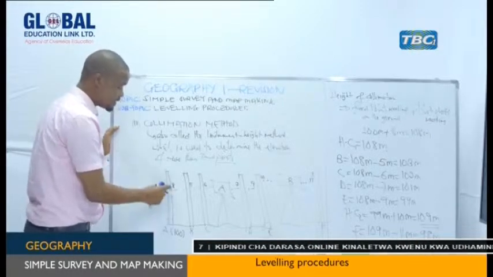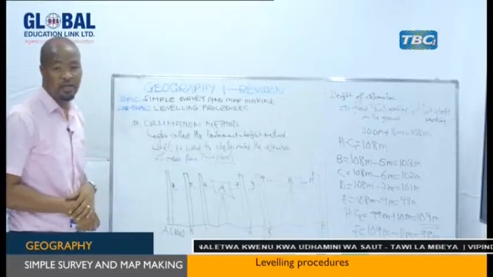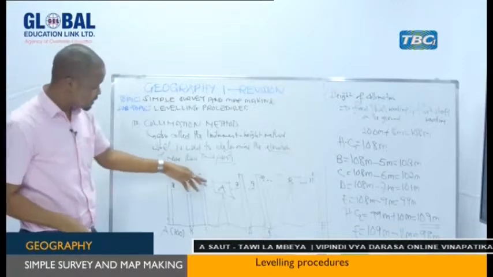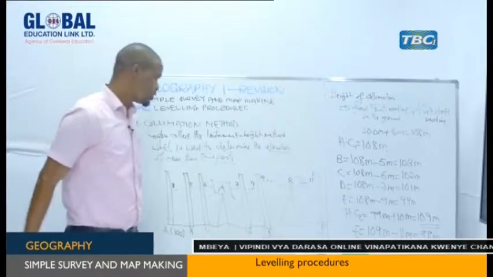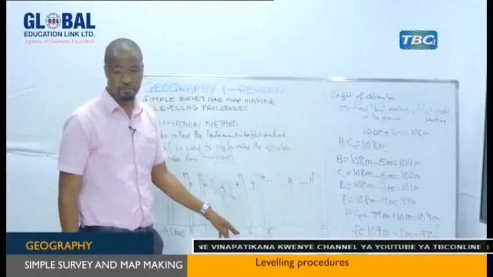So 100 meter plus this one, you get 108 meter. That is our first height of collimation. Then you subtract the staff reading of each point to get what we call the reduced level. And if you find a point where there is two